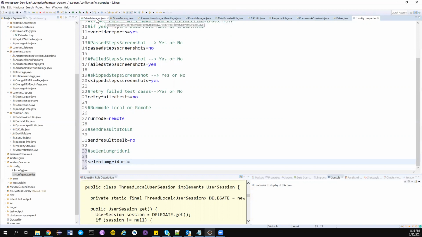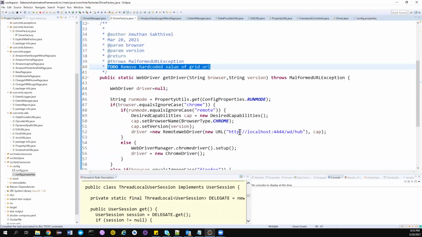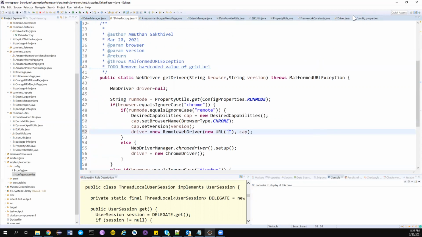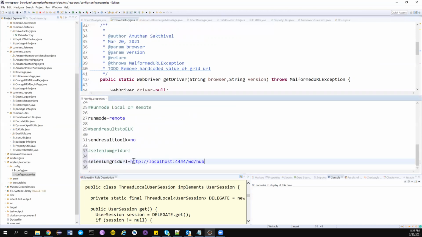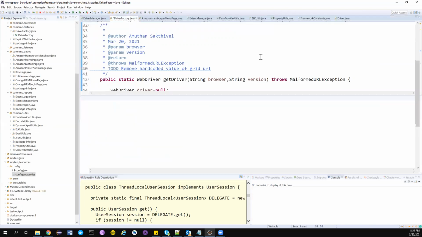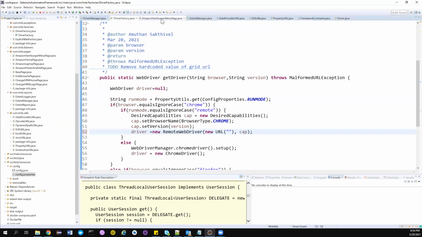In my case, I am running Docker on my own machine, so I am giving localhost. If you're running it on a different machine, you can give that. I don't want to hard code this here, so let me cut this from here and paste it here. Saving it. Good, this is done.